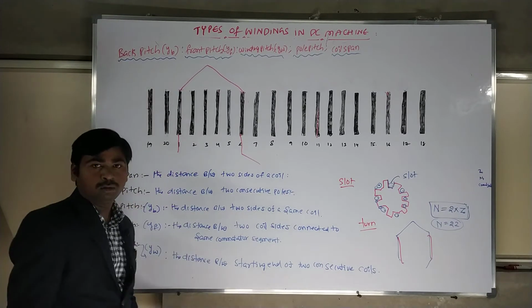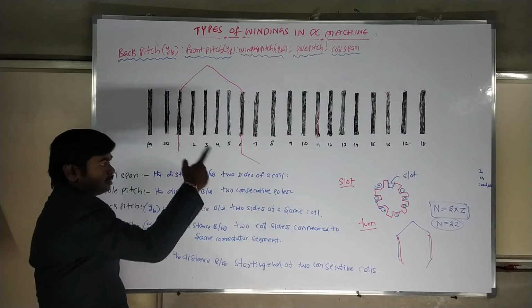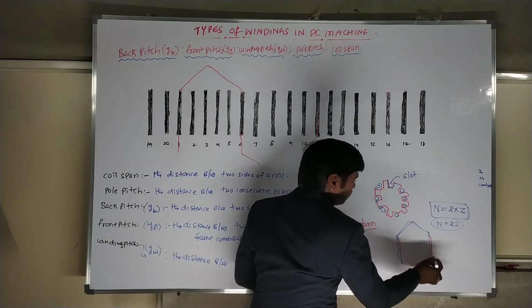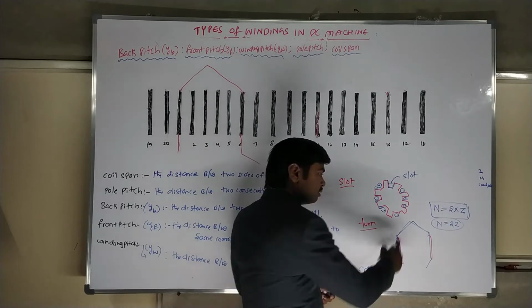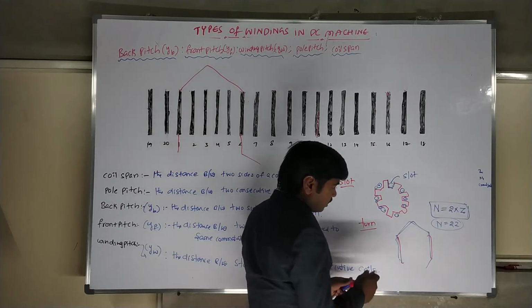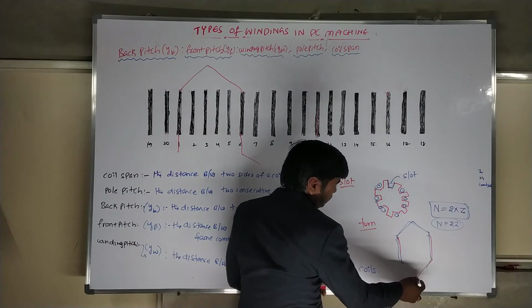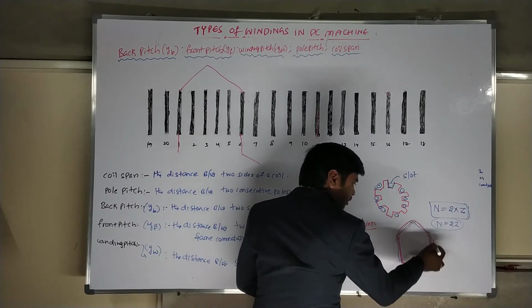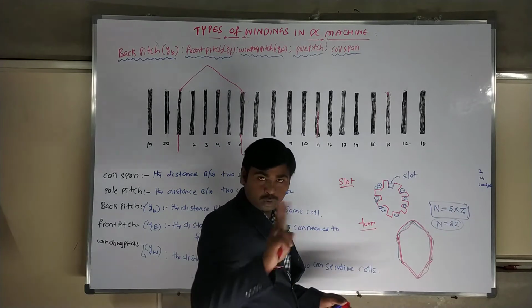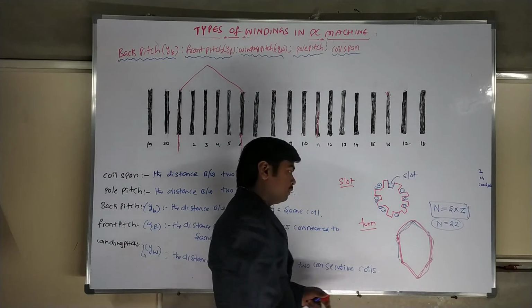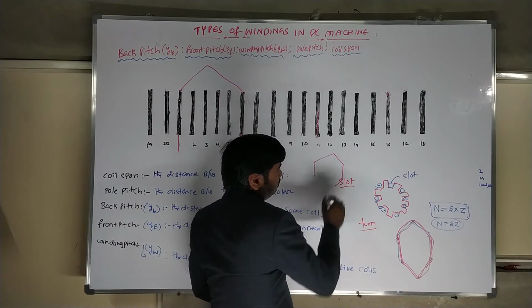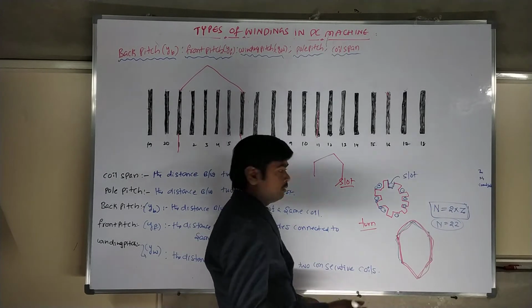Next, coil. A coil should also be a complete setup. This is one coil. Sometimes if you keep one conductor, you keep another set of conductors. Two conductors you keep here. This is also a coil. There may be two turns. First you are keeping it over here. This is one turn and one coil.